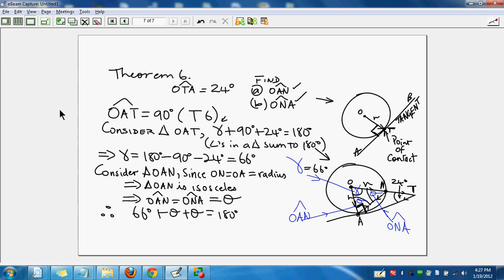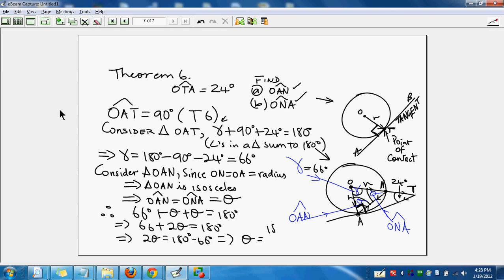So all we have to do is solve this here. So 66 plus 2 theta must be equal to 180 degrees. Right? Which means then that 2 theta must be equal to 180 minus 66 degrees. And therefore, if we divide both sides by 2, we'll get what we want. Which means now that theta, dividing the left-hand side by 2, I'll get theta, must be equal to 180 degrees